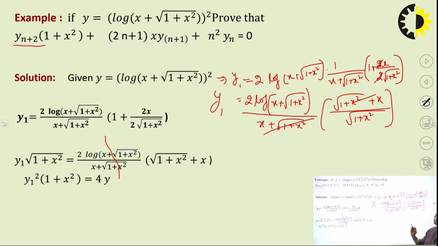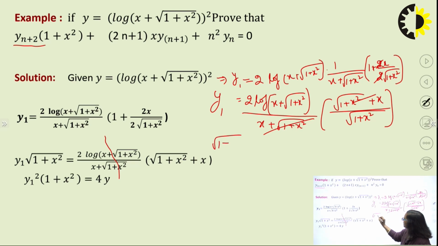This under root 1 plus x square, what is this? This is shifted to the left hand side. This is the rule: if on writing y1 you are getting something in the denominator of the right hand side, then that denominator function of x must be shifted to the left hand side part. And if that denominator contains an under root sign, to remove that under root sign we have to do the squaring also. So we shift this under root 1 plus x square to the left hand side,